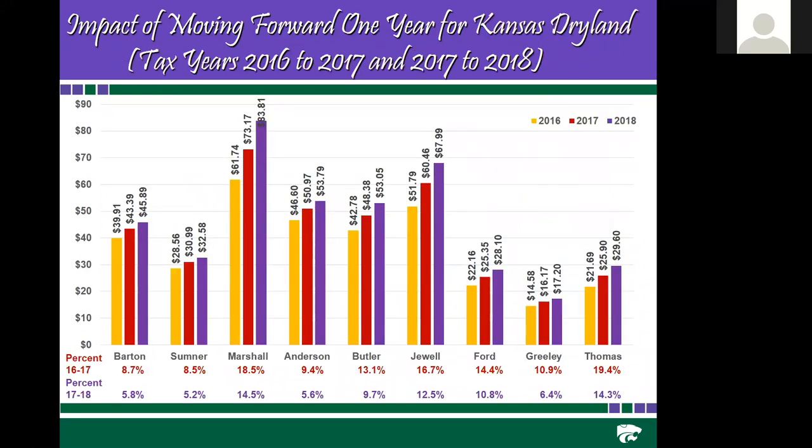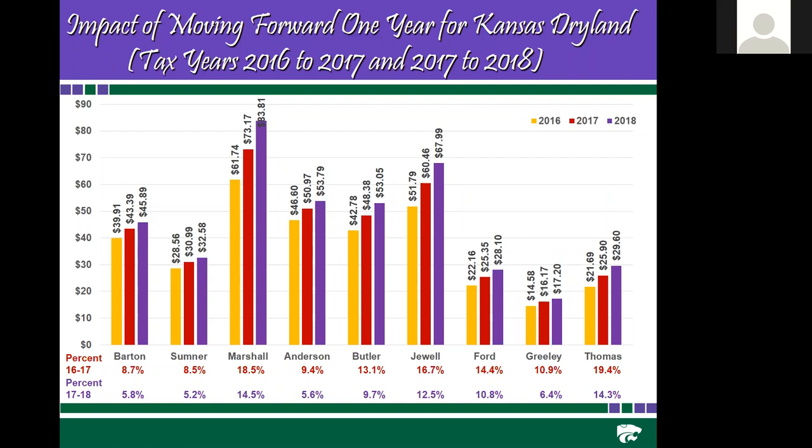The other thing that I wanted to do is just give you some indications with regards to what's going on statewide. And so we're seeing roughly the same thing going on statewide. What I've done is picked out a county in each of the crop reporting districts, from Barton to the central district, south central, north central. Then we go around the state in terms of the southwest, northwest. The numbers in red there, the percentages, are the change from year to year.